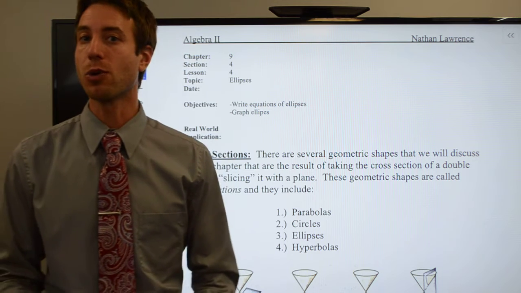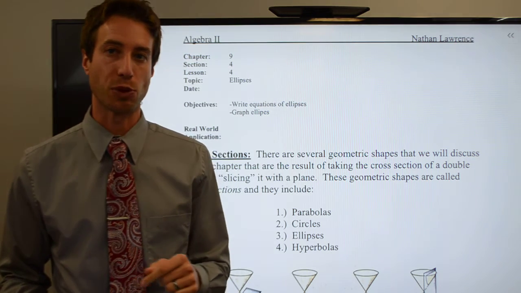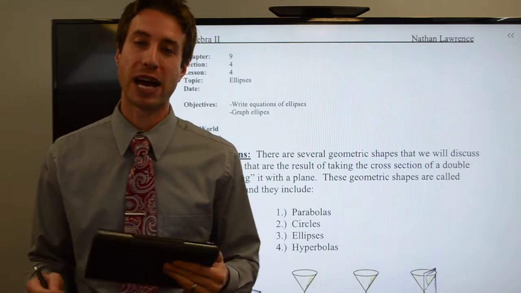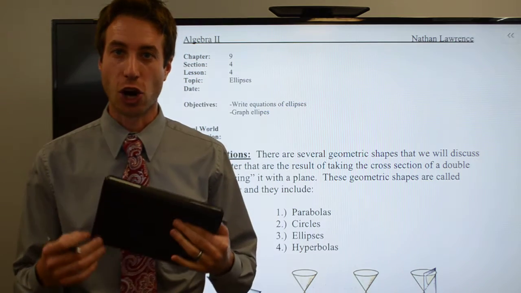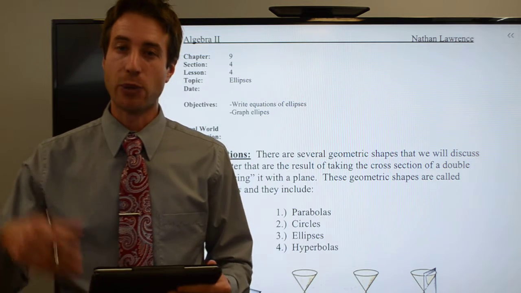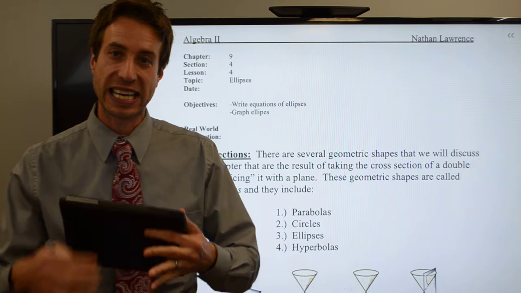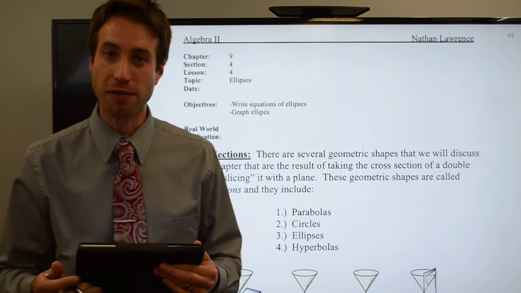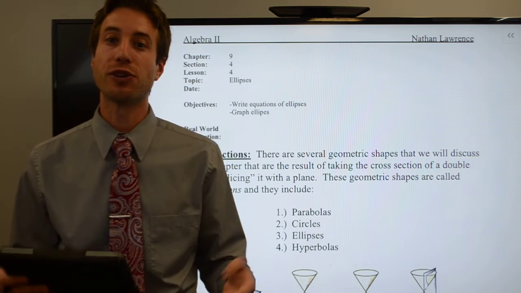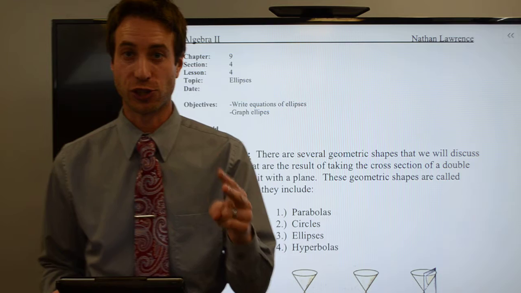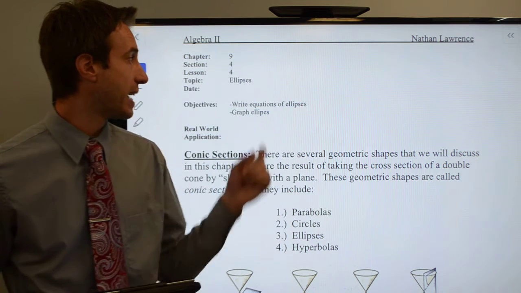These videos are going to follow along with the notes that come out of your textbook from Chapter 9, Section 4. What we've been doing here in Chapter 9 is taking a look at conic sections. The way that works is we take a conic and divide it using a plane into a certain section, and the profile or the projection of that section is going to form one of four shapes. We've already looked at parabolas and circles, and now we're going to take a look here in